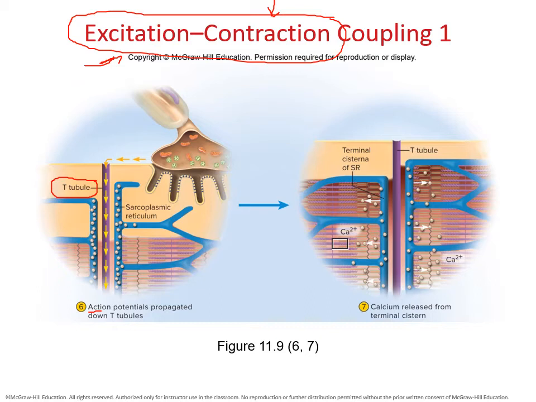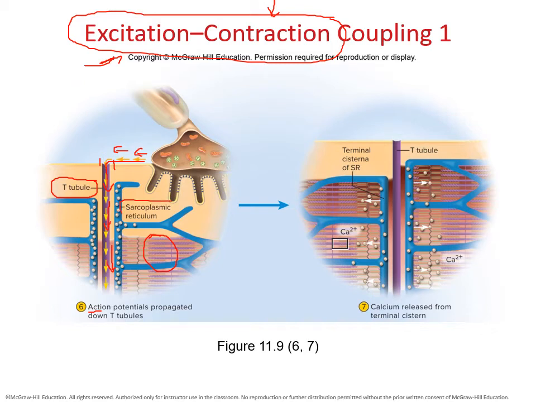The T tubules are little, almost like pathways that allow for an opening to occur in the sarcolemma that penetrates deep into the muscle cell. So notice here how you have these little yellow arrows. The yellow arrows are meant to represent my action potential that started off with the synaptic knob and then traveled through the sarcolemma, and when it comes across a T tubule, that action potential, that excitement, is going to be able to go from the outside sarcolemma to the inside of the muscle cell where I have my thin and my thick filaments.